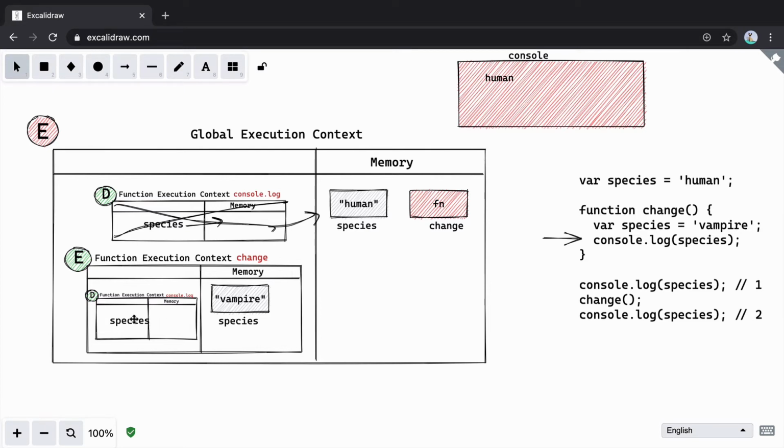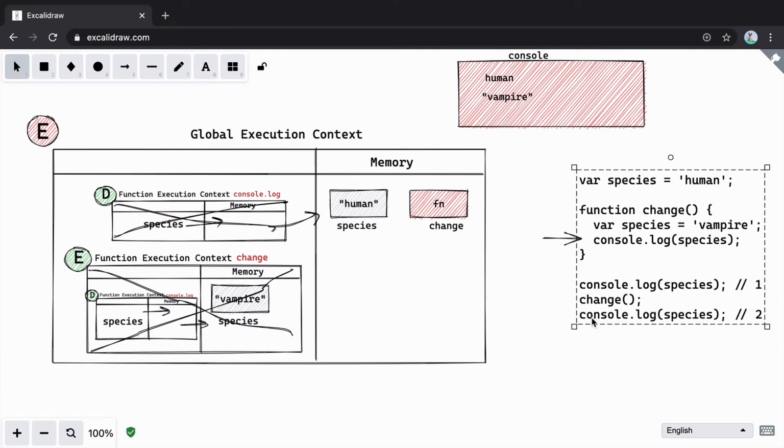As we have talked about earlier, when you are looking for the value of species, it will go to the memory, look for the value of species, and not find it. So it will go to the parent. The parent of this is the execution context of change. Here it will see the value of species to be vampire, and that is what will be logged. As soon as that happens, the execution context will be deleted.